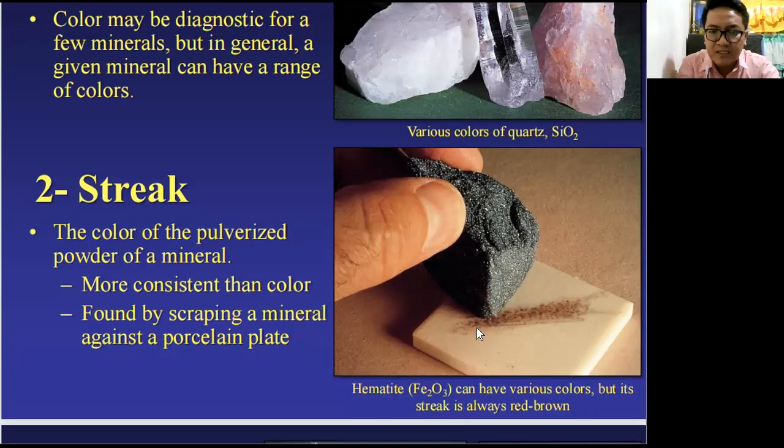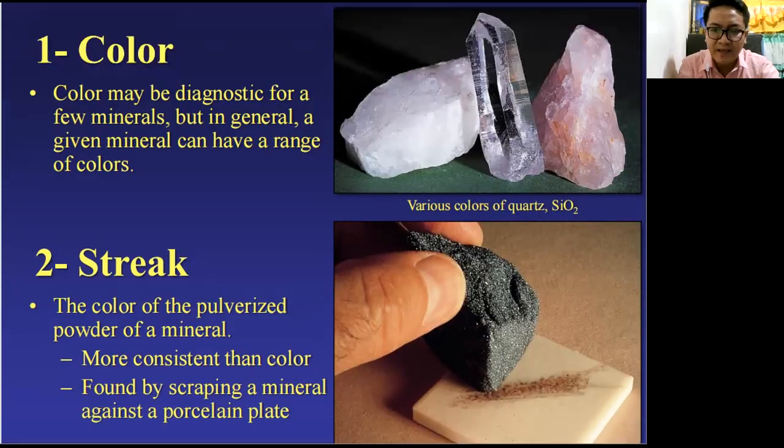Pagka in-streak mo siya sa porcelain plate, iba na yung color niya. So, ito po ay hematite. Black yung color niya, pero once in-streak sa porcelain plate, ang color na niya ay red brown. Okay? Malinaw po tayo doon. Next po tayo,